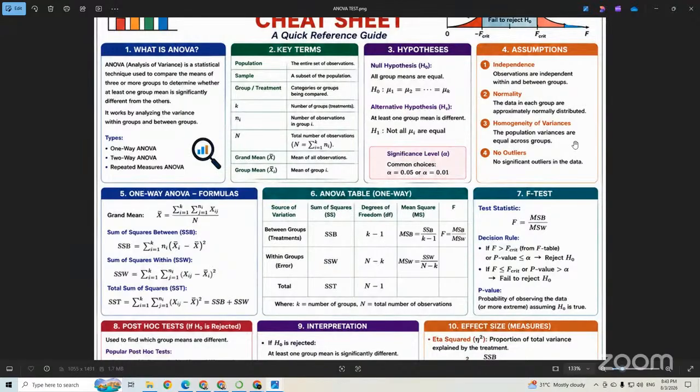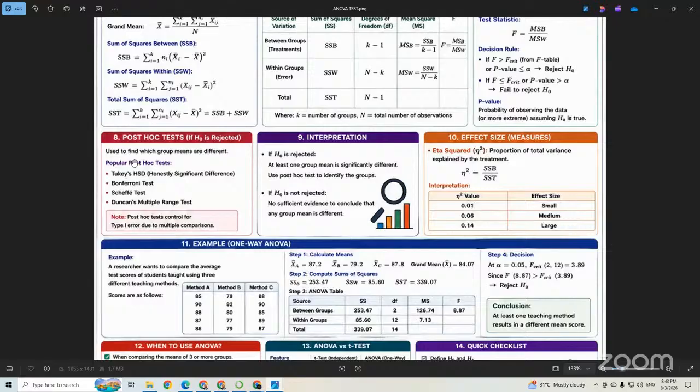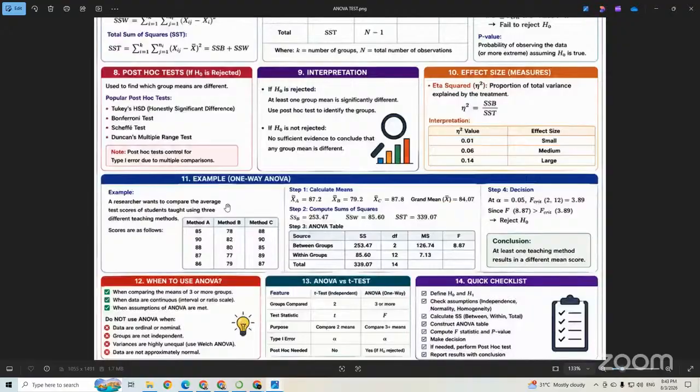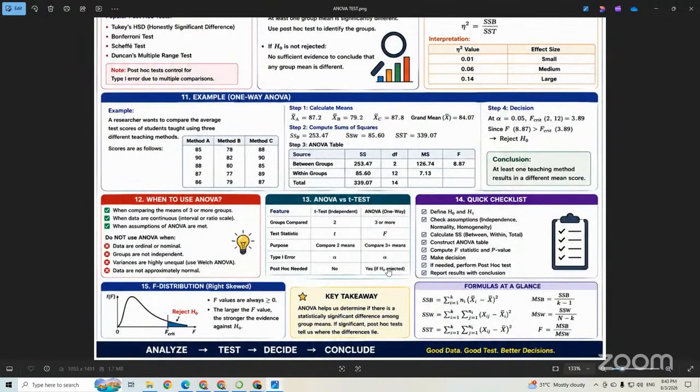Okay, no outliers, and you are now familiar with what the meaning of outliers is. You can check this with the help of a box plot. That's why the previous study will help you better understand all these concepts. So how you can interpret all the conditions is described here. The manual formulas are given and you can apply all of this. But this will be helpful when we choose a real problem.